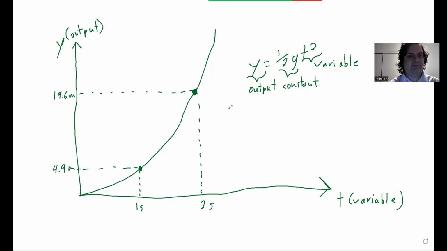So this line, for any given time, puts out the output y. So you can just use that instead of using your formula all the time. You can just use a graph and see how the variables relate to each other by looking at the graph itself. So the last thing that I want to do is talk about scientific prefixes,